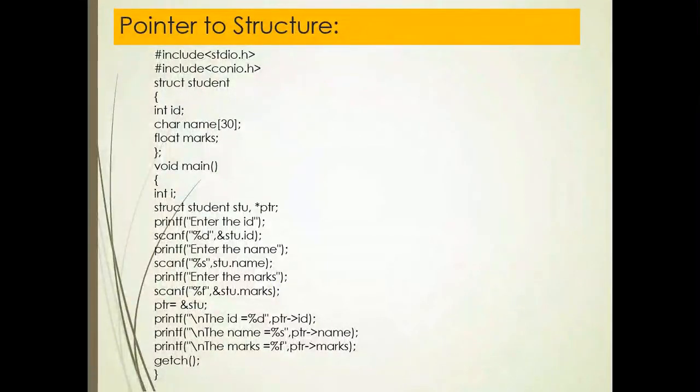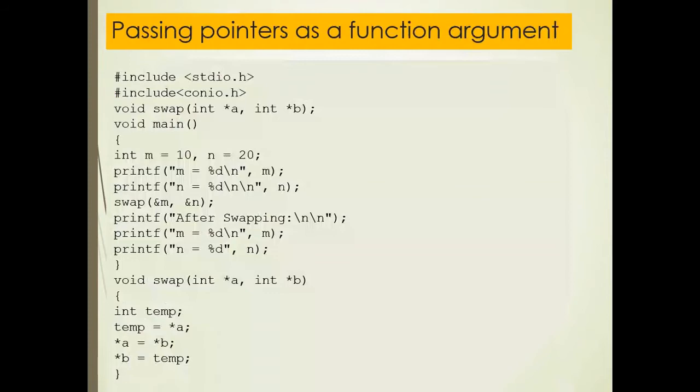You should write the program and execute it, then you will see the values. Now I will explain passing pointers as function arguments. What does it mean? I will clear the concept by showing the example of swapping values. As you know how to exchange values of variables, I have taken one example. With the help of this example, I will show you passing pointers as function arguments.